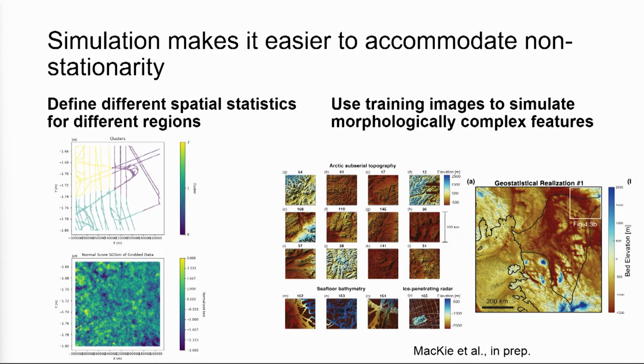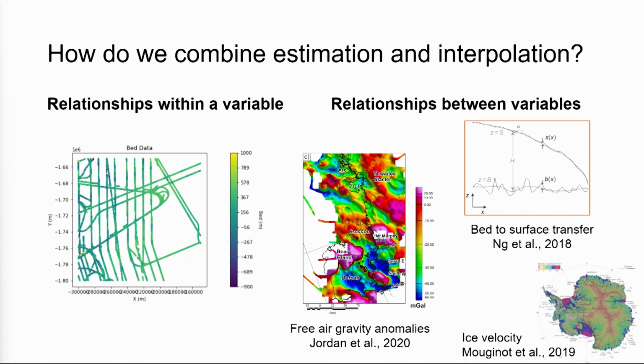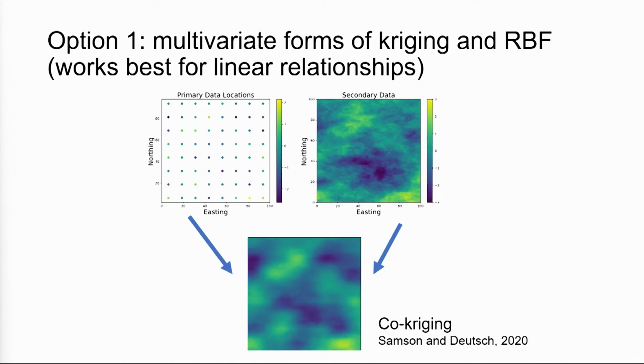Using geostatistical simulation, we can also capture more complex features, for example, by training on topography on the Laurentide ice sheet to fill in the gaps. Okay, so how do we combine these things? Option one is through co-Kriging,